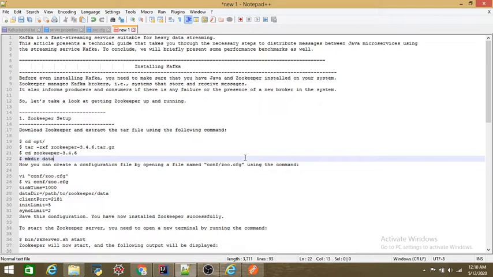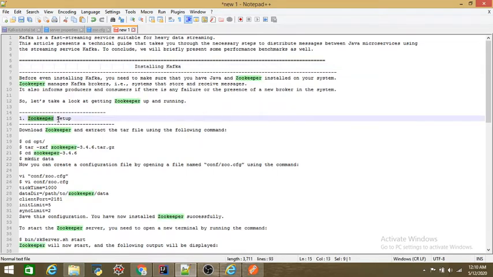So today I'm going to talk about working with Kafka. In this tutorial I'll be talking about how to install Kafka, and for Kafka we need to have Zookeeper installed in our system.